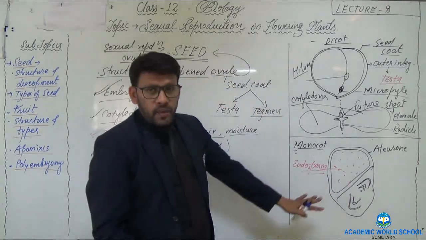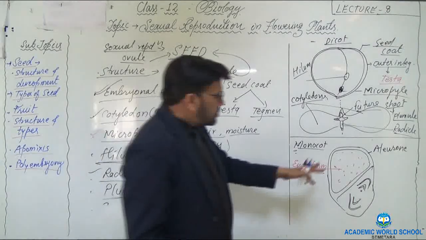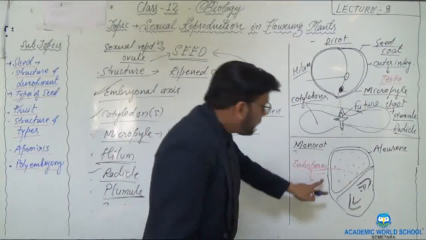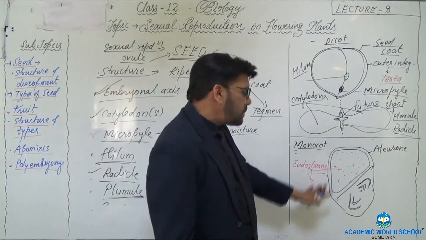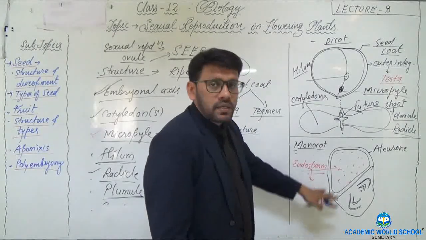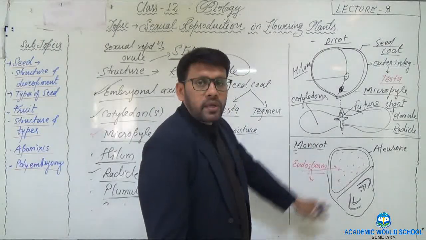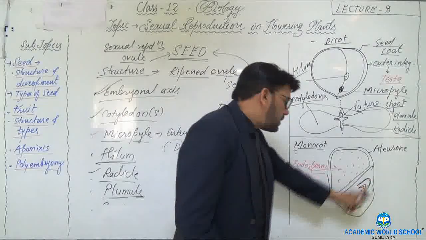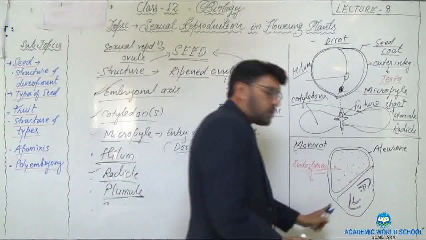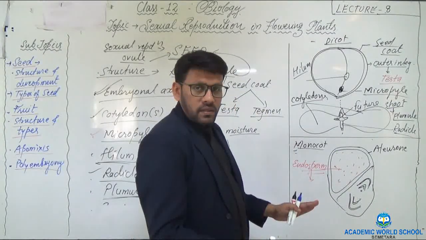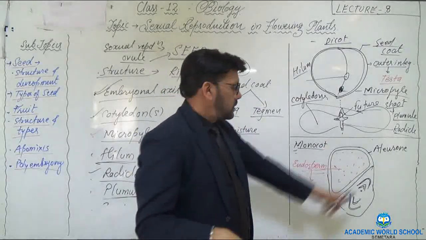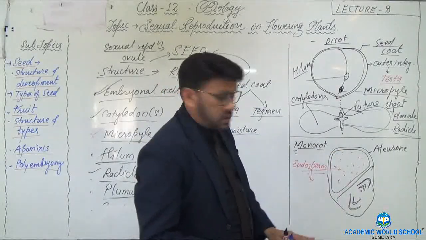What is endosperm? Starchy grain. So this endosperm, as I told, is starchy grain. This endosperm helps in providing the nutrition before it develops into the new plant. Just below that you can see here, as I told you, the seed coat is fused with the pericarp. Pericarp is the outer covering of the fruit in case of the monocot seed.